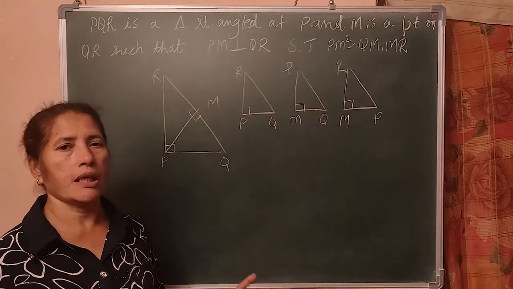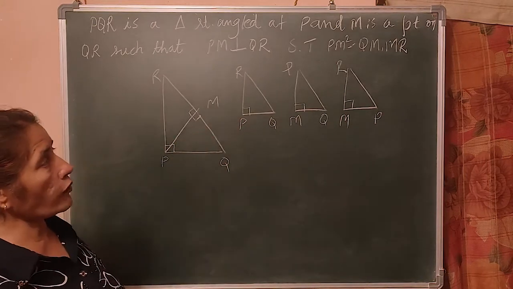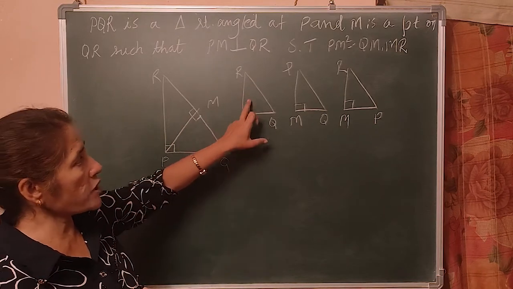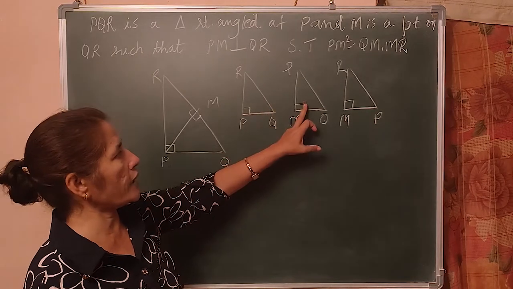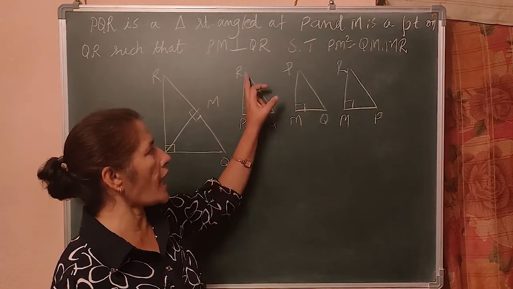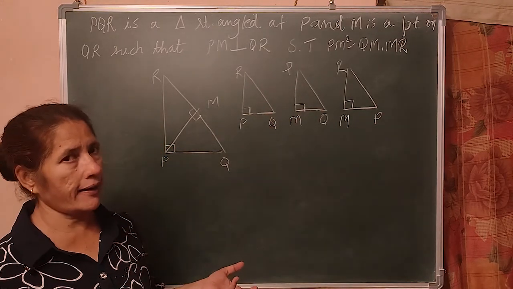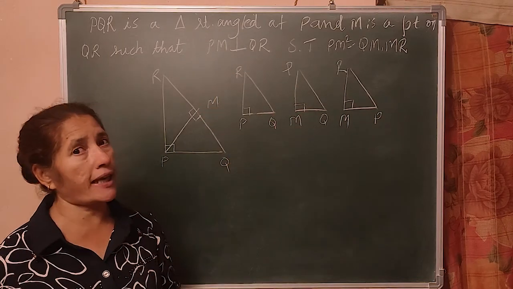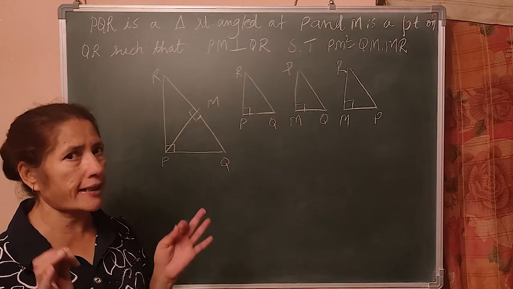Now, based on that, I go directly. I told you again how to prove. First you take these two triangles and prove they are similar. How? These two are equal to 90. Angle PQR is equal to angle MQP. Why? Common angle. Therefore angle PRQ is equal to angle MPQ. Why? Remaining angle. Therefore the two triangles are equiangular and similar.